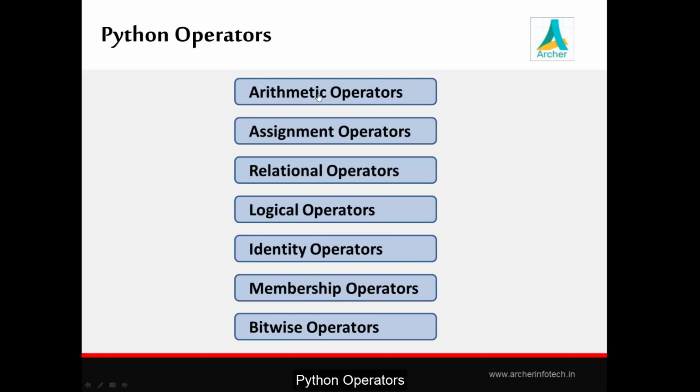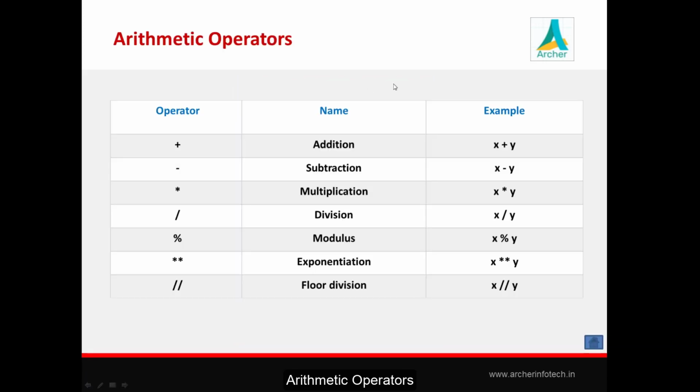We'll start with arithmetic operators first. See this table. These are the arithmetic operators available in Python. In all, we have about 7 operators. Addition, subtraction, multiplication, division are all straightforward. Modulus returns the remainder of a division. Exponentiation raises the left operand to the power of the right. The last one is floor division, which is new for us. Floor division returns a whole number, not rather rounded, you get the whole number adjusted to the left on the number line. We'll see all these operators one by one.